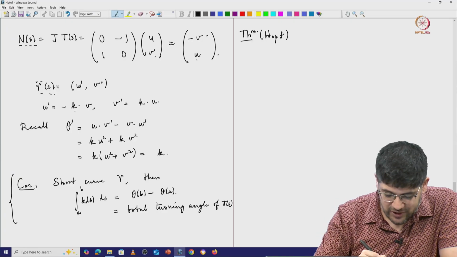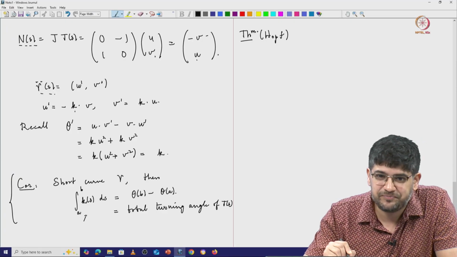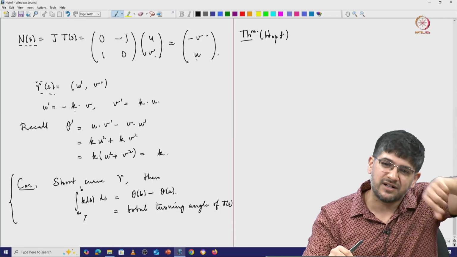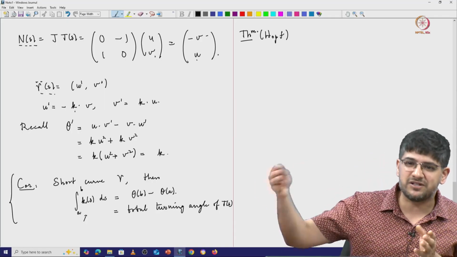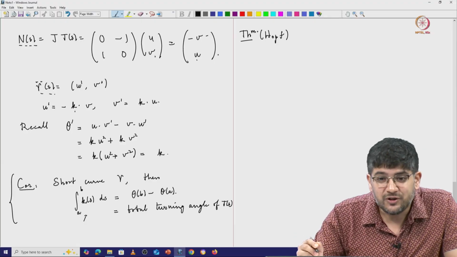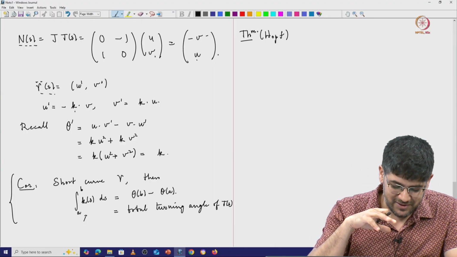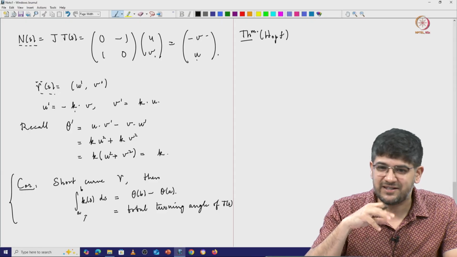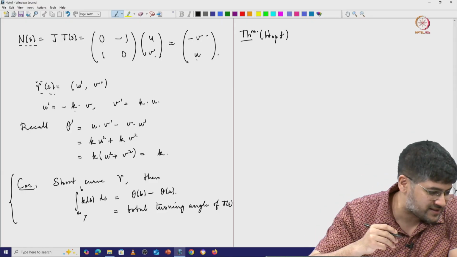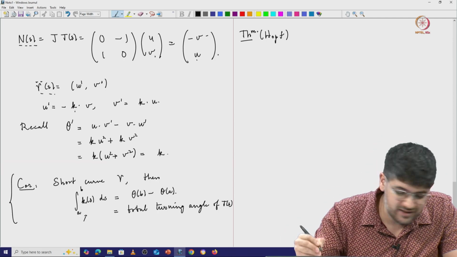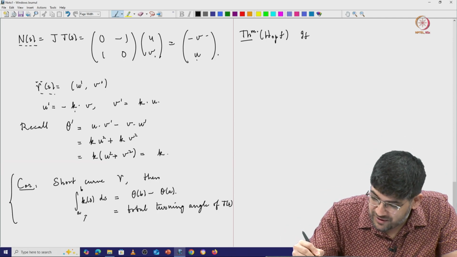So one would expect that this is actually 2 pi, and of course if you keep going around the curve again and again, then it would be some integer multiple of 2 pi. So it turns out that even though our proof does not work, the statement that I just said is actually correct, and this is the content of this very beautiful and very classical theorem due to Hopf, that if